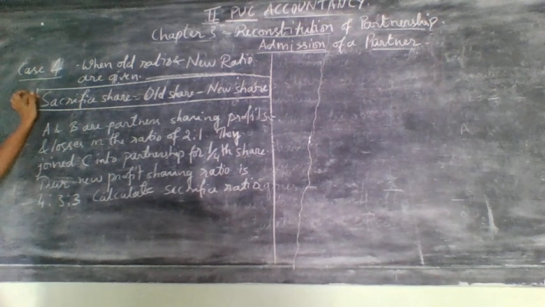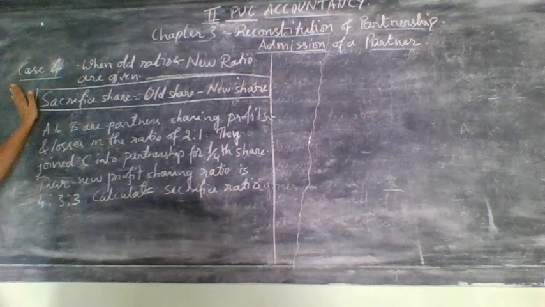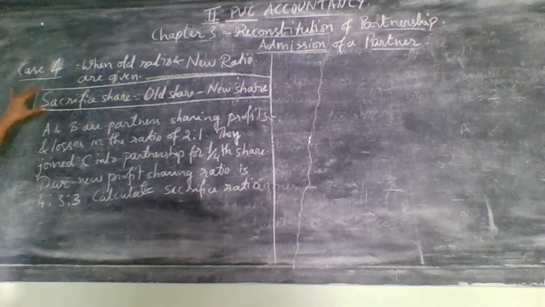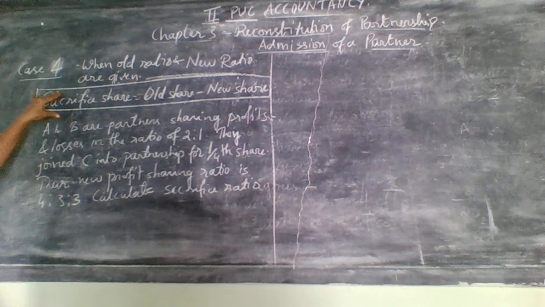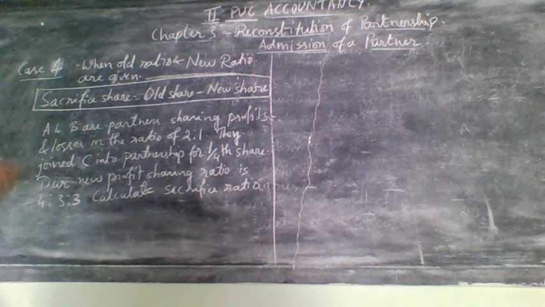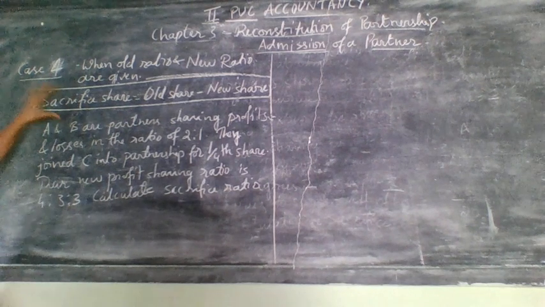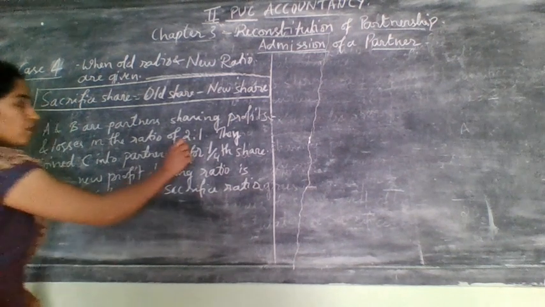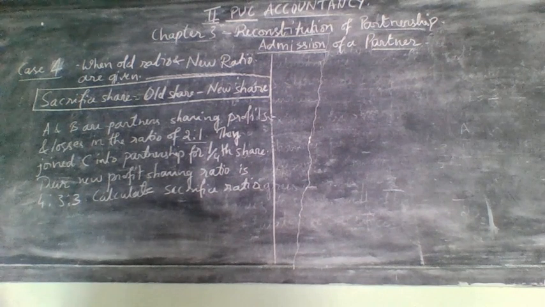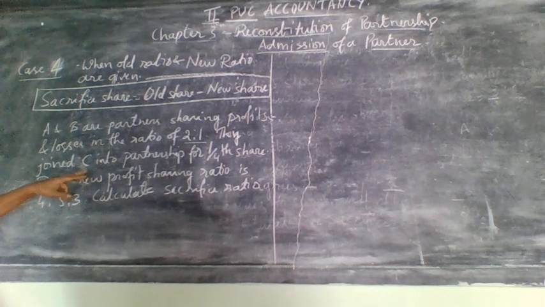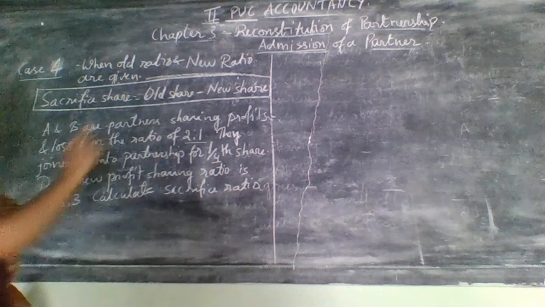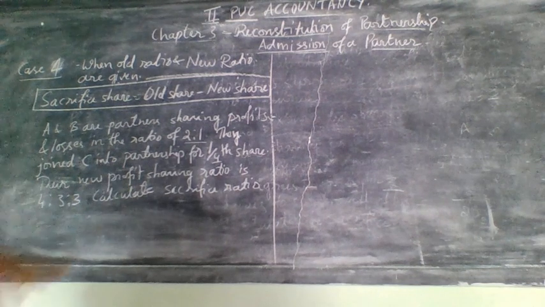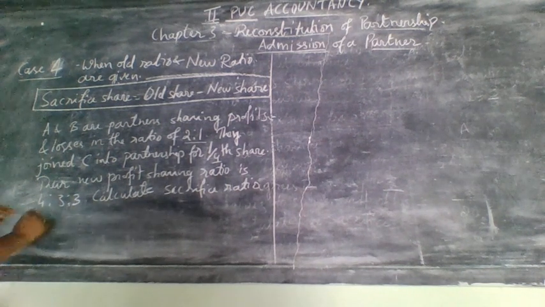This they may ask for 1 mark. Multiple choice also they may ask this question. So you need to remember this because this is a very important formula to find sacrifice share. To explain this, I gave one problem. 2 partners, when their ratio is 2:1, this is considered as the old ratio. They joined C into their partnership firm for 1/4 share, but for this we don't need the 1/4 share. Let it be in the question itself. Their new profit sharing ratio they have given, that is important, that is 4:3:3.